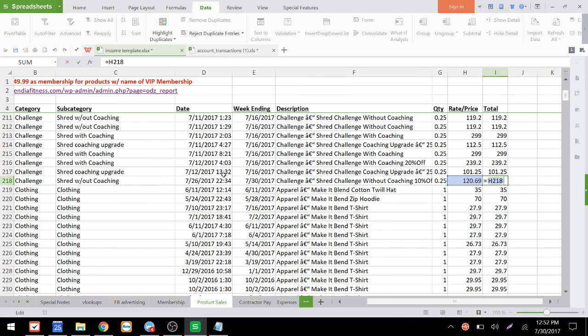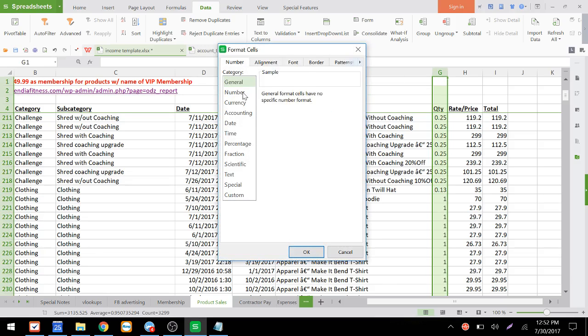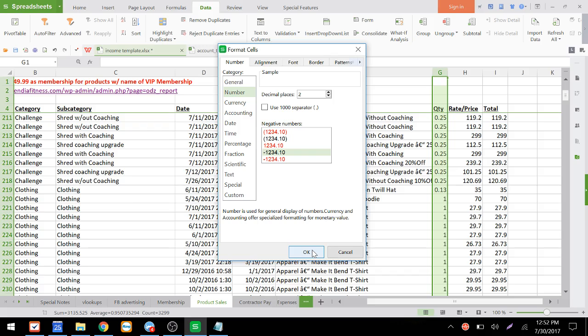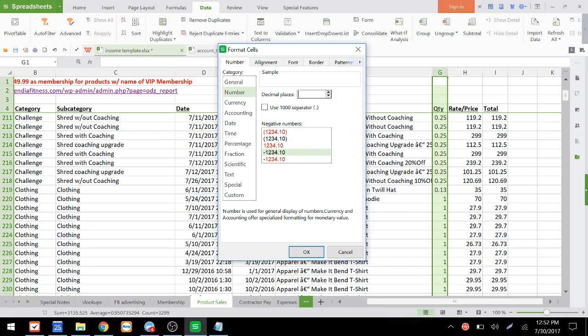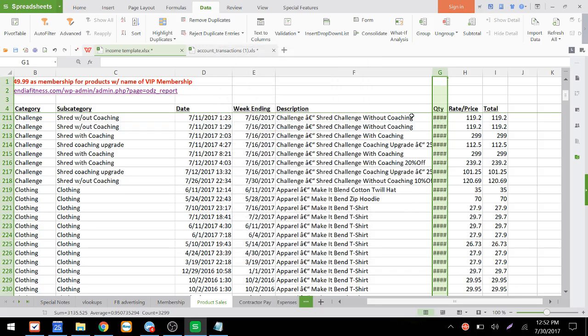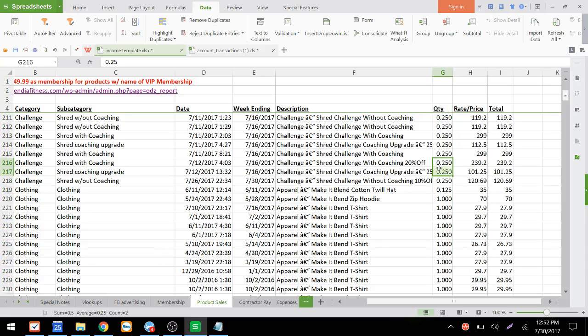Now, these are just equaling the actual rate. We'll multiply those later. So I mentioned to you, for this, by the time we count in the cost and stuff, it comes out to 0.125, okay? And rounded it to 0.13. So I am going to change this number to 2 decimal. Okay, so that way, or no, 3 decimal, huh? Ah, shoot. Come on. 3 decimal. Okay. And let's expand that. Okay. So now we see 0.125 for clothing.